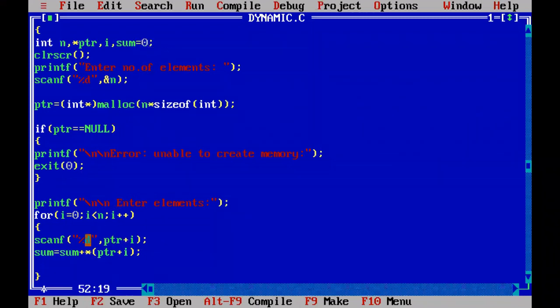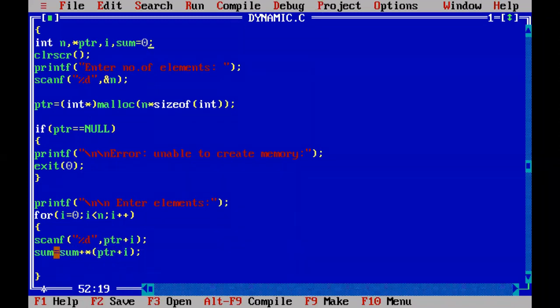The second time, the second element is stored into the second address. That second element you retrieve from that address and add to the earlier sum. The third element you store into the third element address, and immediately you retrieve the same element and add it to the sum. The fourth element also you store into the fourth element address, immediately retrieve it and add to the earlier sum. For the last, fifth element address, you store the fifth element, and that same element stored at the fifth element address you retrieve by using star and add to the earlier sum.